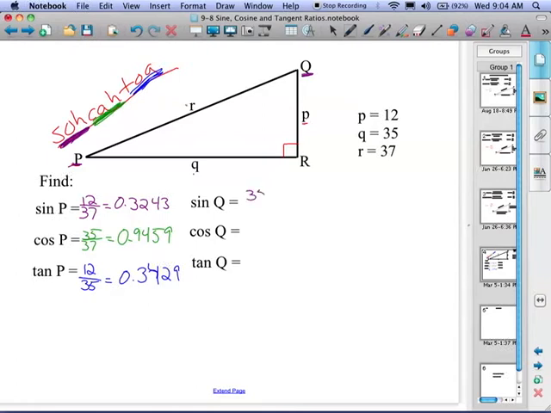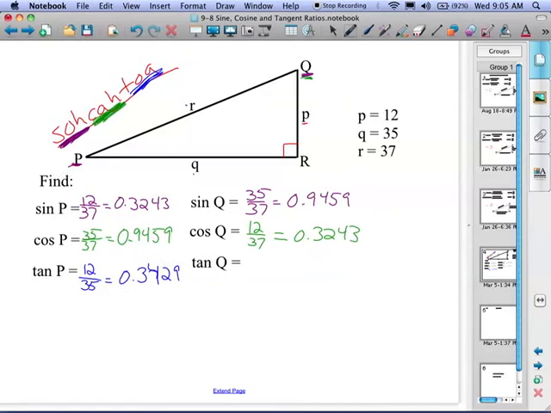So the sine of Q is 35 over 37. And when we type that into a calculator, I get 0.9459. Now we want to find the cosine of angle Q. And we know that the cosine is the adjacent over the hypotenuse. And the side adjacent to Q is little p, and the hypotenuse is r. So our ratio is going to be 12 over 37. The side adjacent is 12 units, and the hypotenuse is 37 units. And when we do the division out,